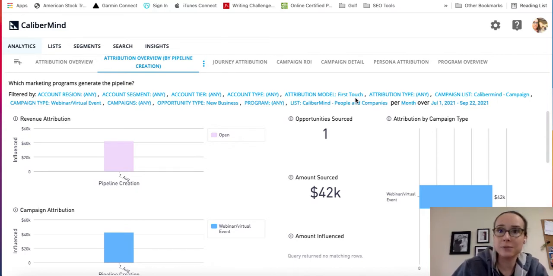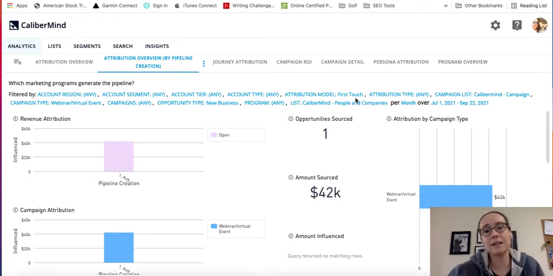They knew it was influential. They knew that people were on the path to buying because they'd been talking to sales, but none of the opportunities had the primary campaign listed as that event. And that's because that event was engaging with a lot of in-flight opportunities. Doesn't mean that the event wasn't worth doing, but the metric they were being held accountable for wasn't capturing the true lift of that event.